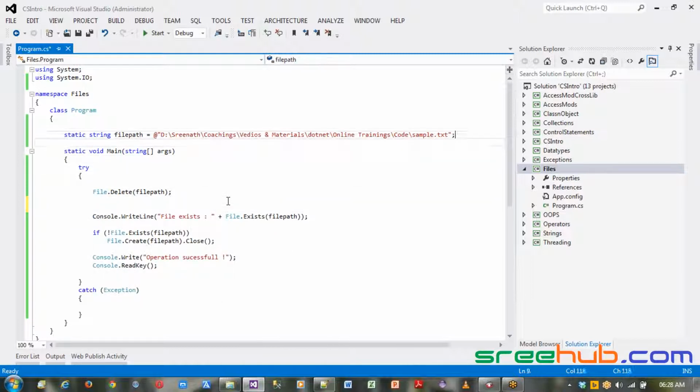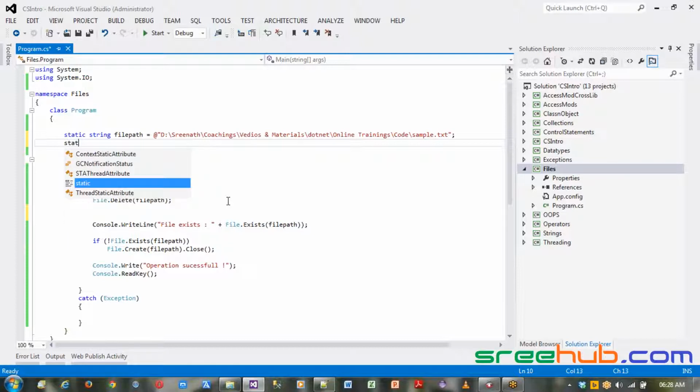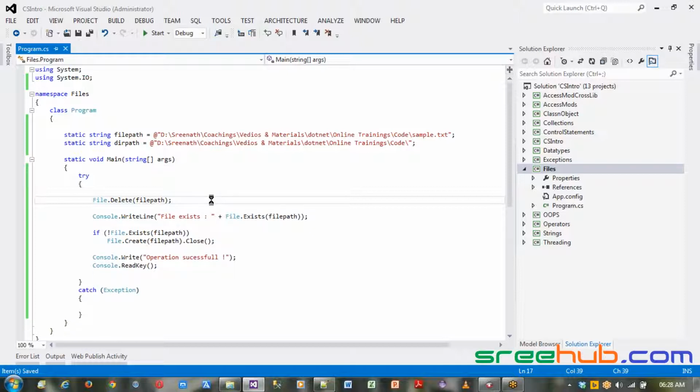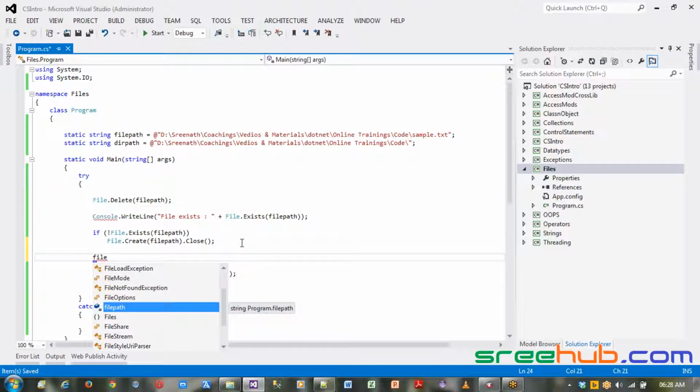And then let's see. Let me create one more path here. Let me call it static string dirPath, directory path. And let me take this directory. I'm not going to press the file here. Now here, as we have File Create, Delete, and all, we also have something called File dot, like